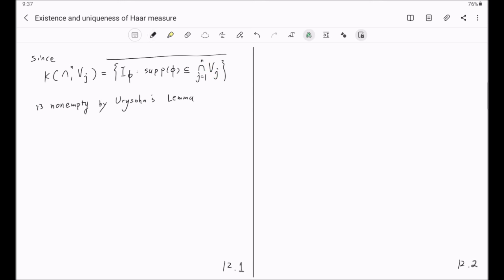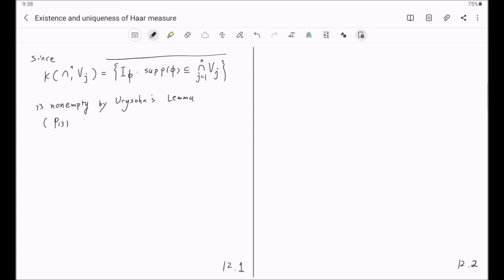Because the intersection of those finitely many open subsets, since those V sub j's are all open neighborhoods of the identity element of the group G, is again open and contains the identity. So this is a non-empty open subset. By Riesz's lemma,